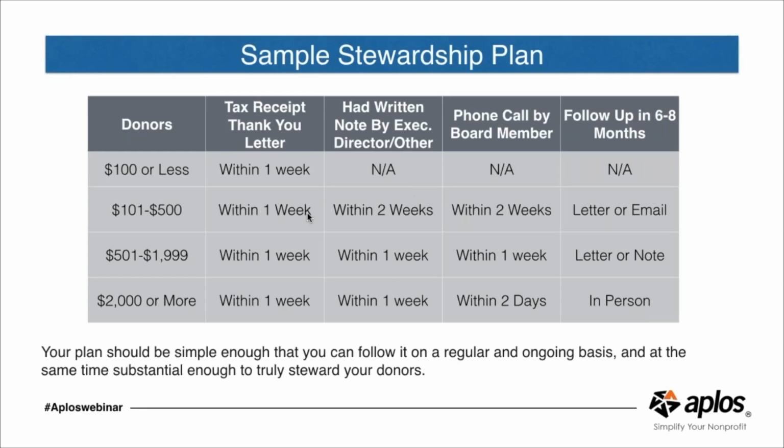And so that begins that stewardship path that we have talked about in the past, and we will continue to talk about. And then in another 6 to 8 months, they might get a letter or an email, checking in. Unfortunately, a lot of nonprofits make the mistake of doing a quick receipt, and then a month later, donors are being asked to give again without any chance to even get to know the nonprofit or learn more about how the gifts are being used.